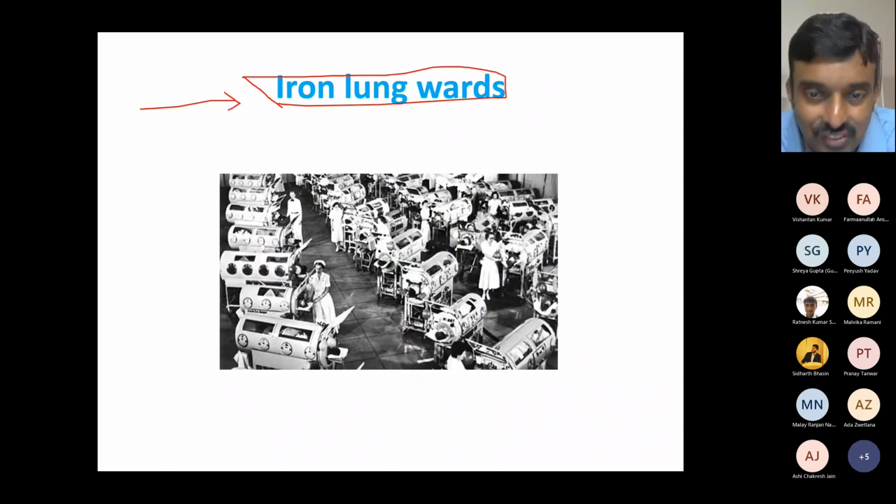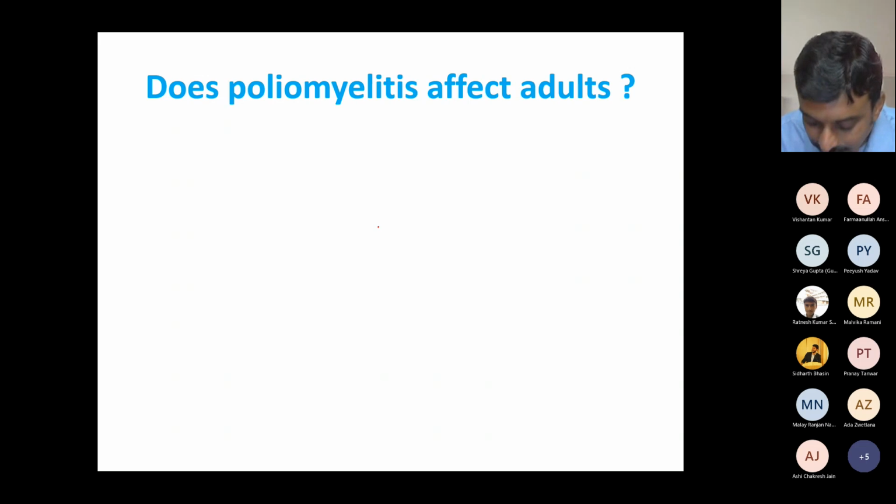So basically they have this machine, a less sophisticated version of these machines, in large numbers, just for patients with the bulbar form of poliomyelitis, because it was so rampant before vaccination and so life-threatening. They needed these wards. They used to be part of all large hospitals maybe about 60, 70 years ago. They were very common, and slowly with vaccination, they disappeared because they are not needed anymore.